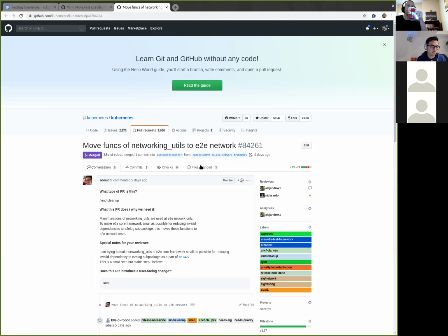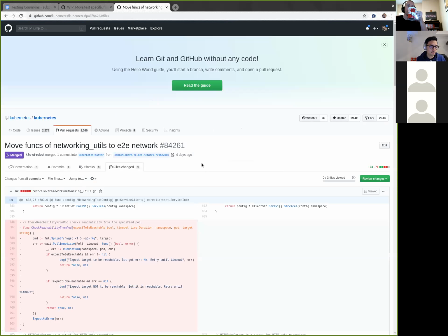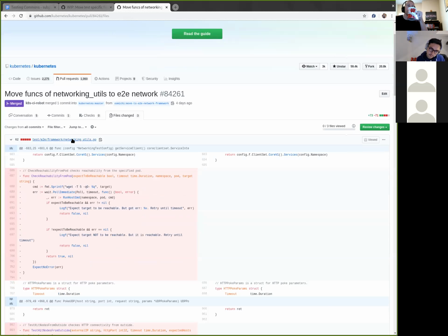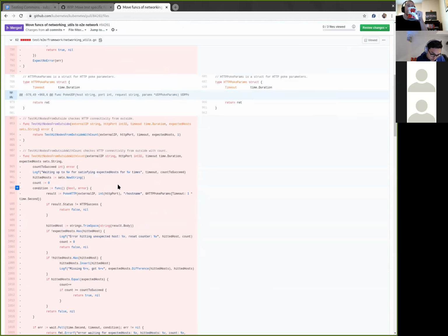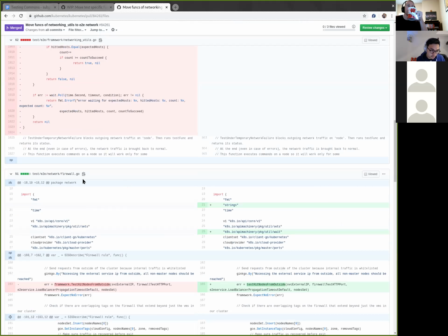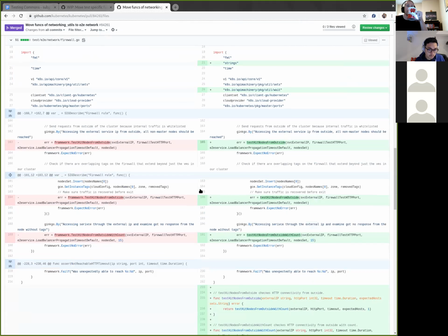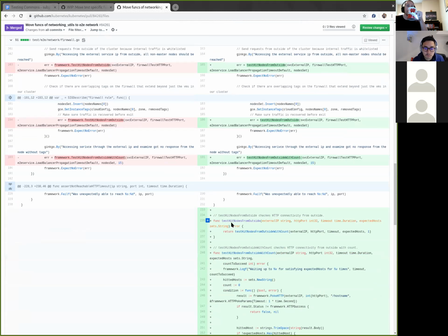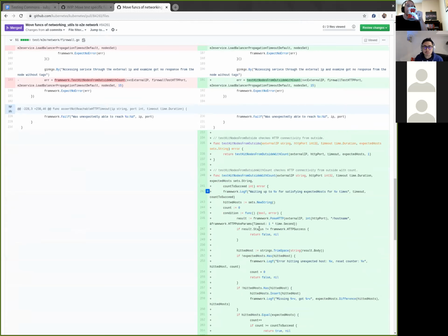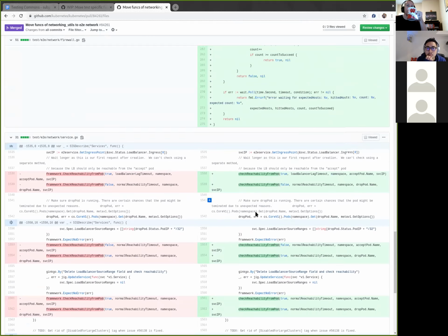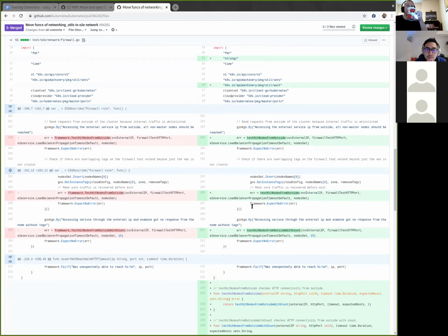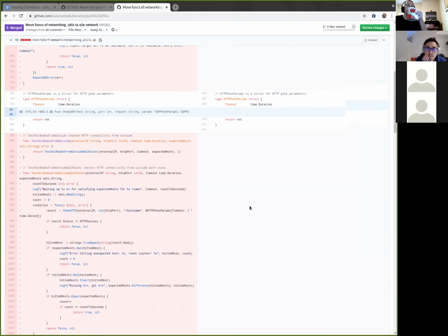Take a look here. It's in the framework networking utils. And he just makes it a private function inside of the submodule. Yeah. And I totally think that's a fine thing to do. That's in line with the overall idea.